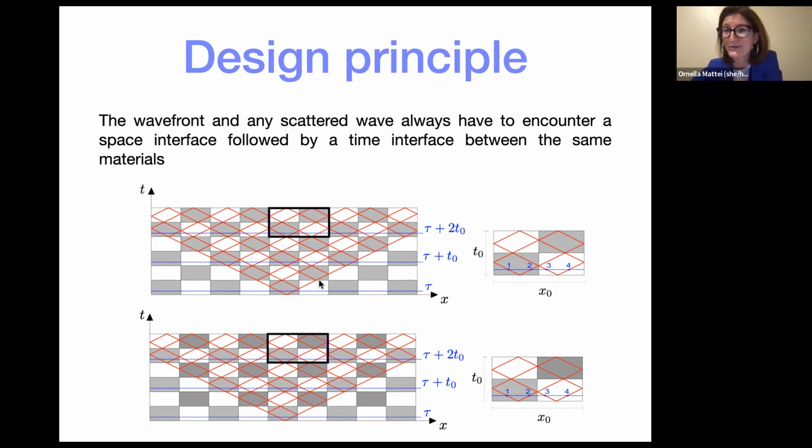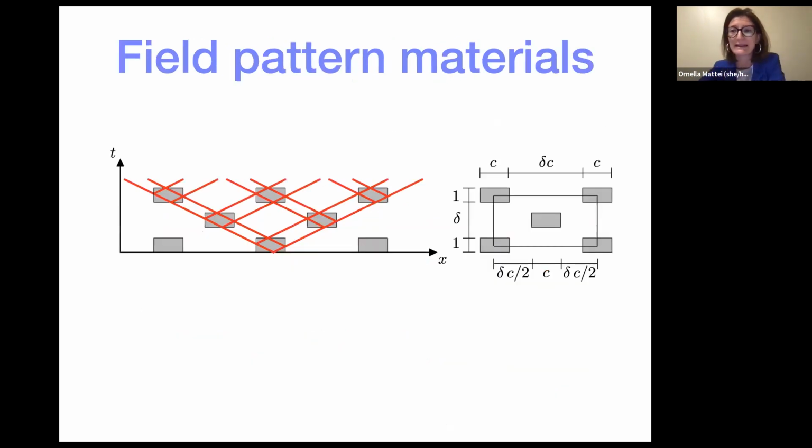All right, so now the question is, can we generalize the type of microstructures that we have? First of all, you don't need to have a space-time checkerboard. You can generalize this structure in this way, where delta is a design parameter that you can choose as you like, and it takes values from 0 to infinity. So if we look at what happens here, let's now perform a full-scale analysis so that we can actually check how the amplitude of the wave changes at any x at any t.